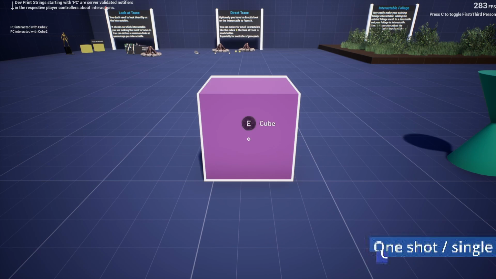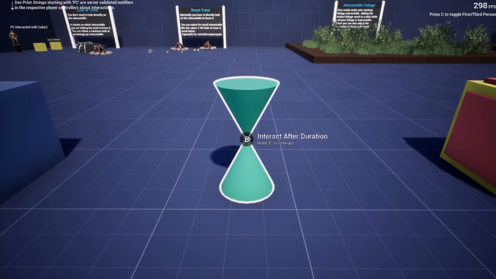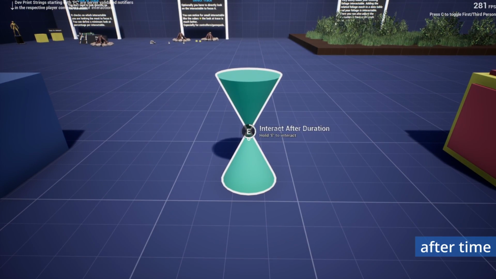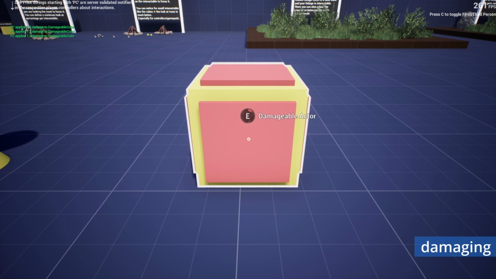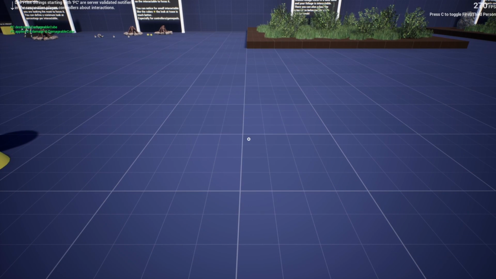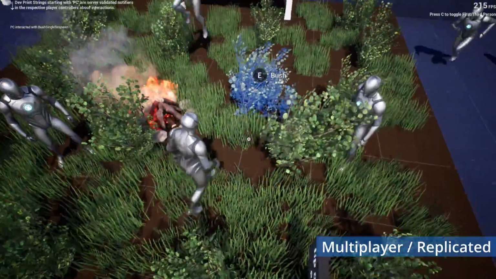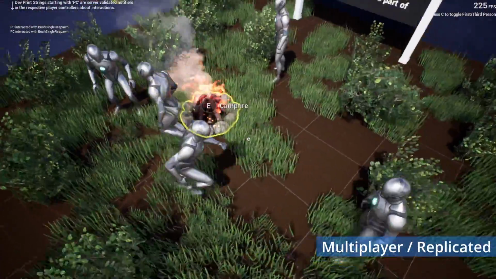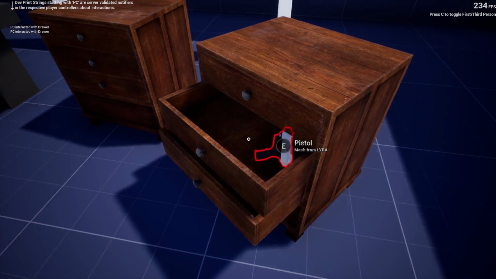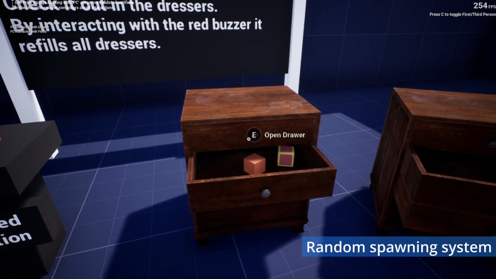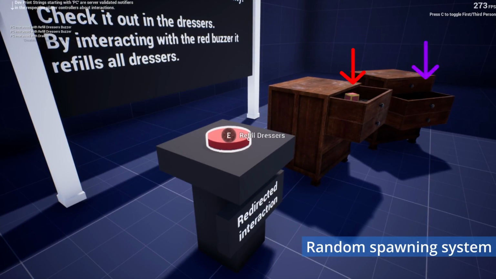You can choose from a one-shot interaction, an interaction that triggers after time, or a hit points based interaction where you can damage the interactable. All these interactions are server validated, and yes, this system is multiplayer ready, but you can use it for single player too. Moreover, there's a random interactable spawning system, and you get ready to use dressers that make use of